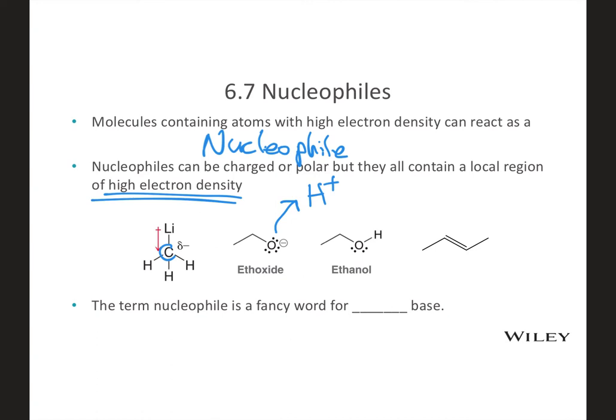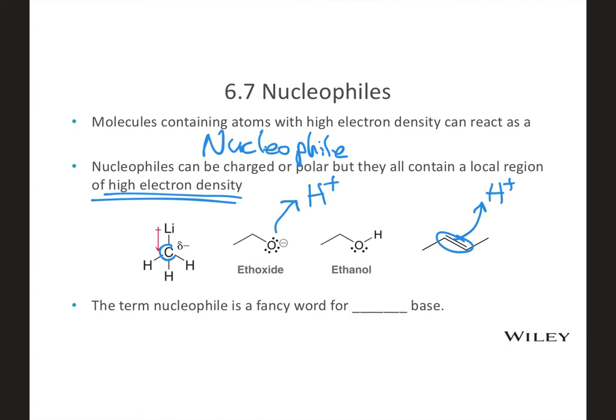So this area of electron density, this double bond, can also go in search of something that has a lack of electron density. It too could maybe go in search of something like an H+. So one half of many kinds of organic chemistry reactions is this nucleophile. It's something that has extra electron density that is looking to be shared with another molecule that is lacking electron